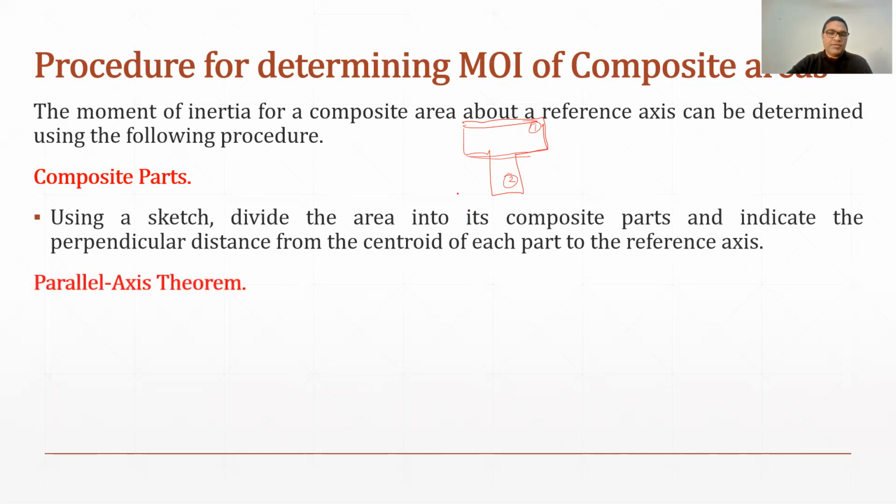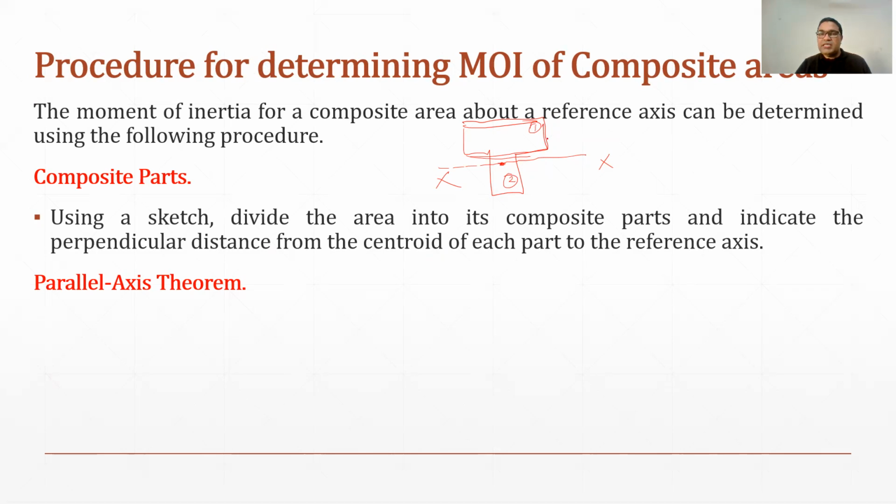Then the second step is to use the parallel axis theorem. How? As you can see, for example, if I have to find the moment of inertia of this T shape about its centroid, the centroid of the T shape will be here, and if I pass an axis, say the x-axis, through the centroid,